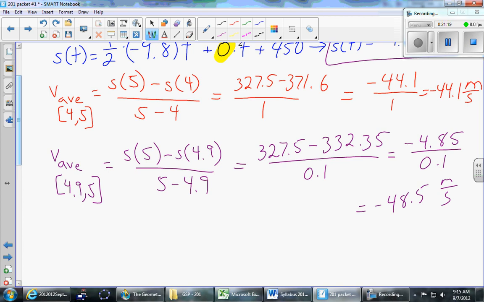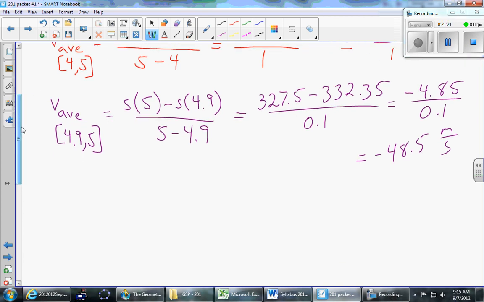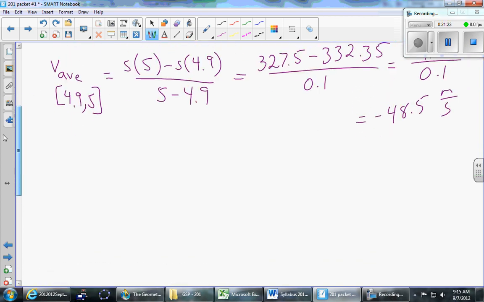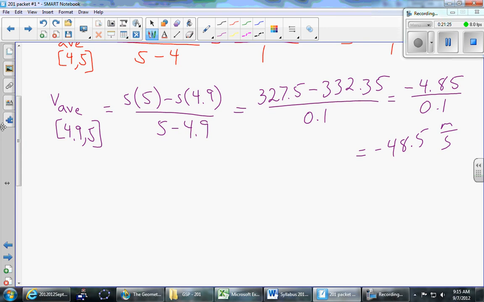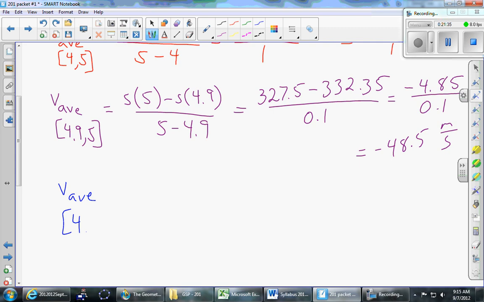Okay, and so you can play this game as long as you're interested in playing this game. Eventually, hopefully, you get some number that seems reasonable. Can we do just one more and really zoom in tight on this one? This one, I'm not going to write the details, but if we could get the average velocity, say, from 4.999 to 5, you guys check in with each other, just see if you can get a final number,